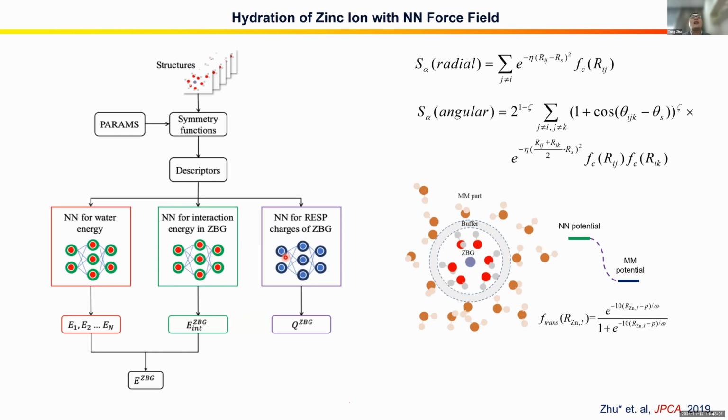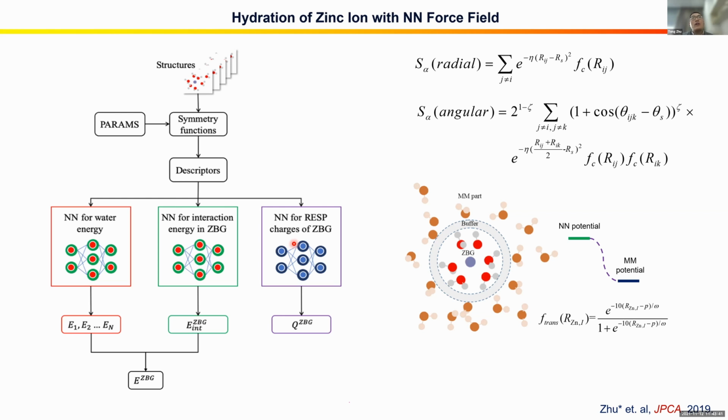Our first application is hydration of the zinc ions in water. We employ the BP style neural network, and we trained the energy of individual water molecules and the energies of the interactions in the zinc binding group. The zinc binding group is defined as a zinc ion and the water molecules in its first and second coordination shell. And another thing is we also trained the charge distribution in the zinc binding group, because when the coordination